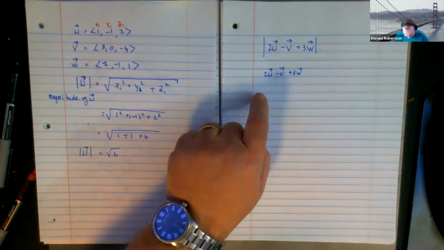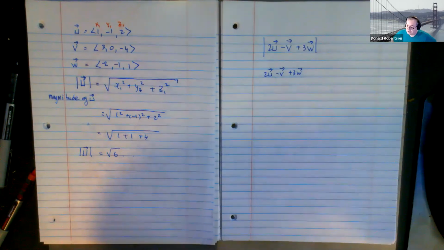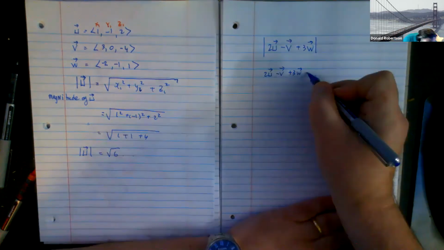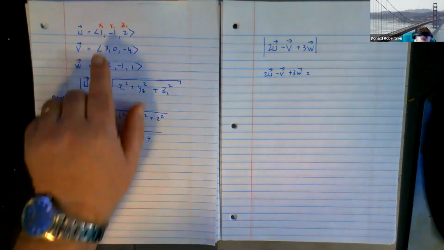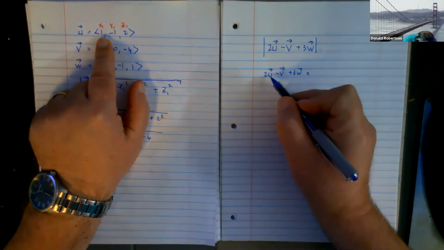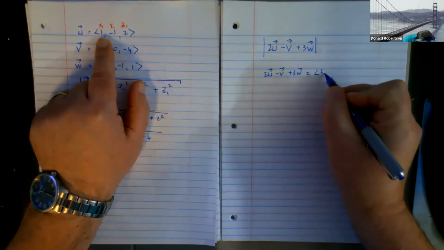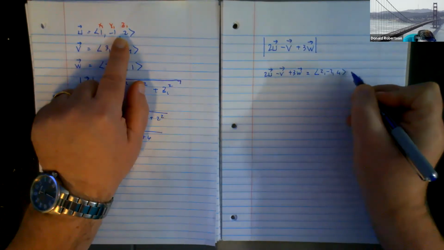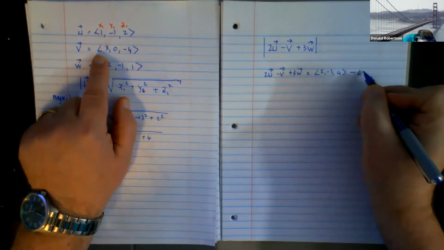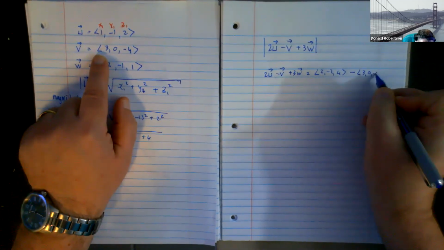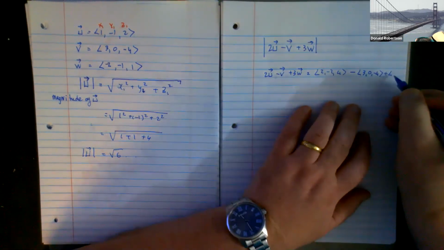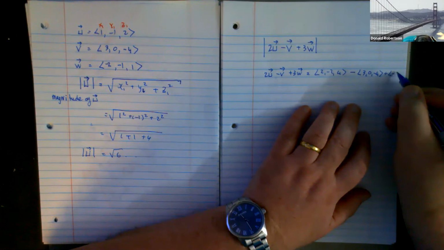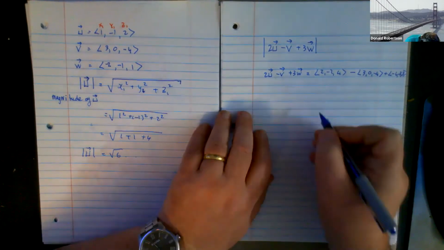And then once I know what this vector is, then I can find its magnitude. Well, I'm going to cut some corners here because I hope it's not too difficult. If you take two of these guys, you get 2, -2, and 4. Take away this guy, 3, 0, -4, and add 3 of these guys: -6, -3, 3. Just about made it.